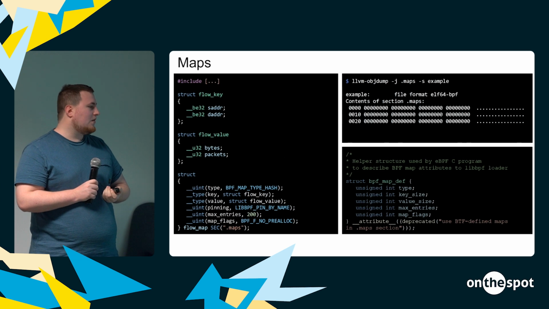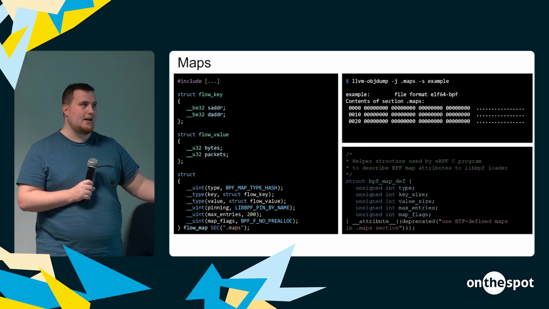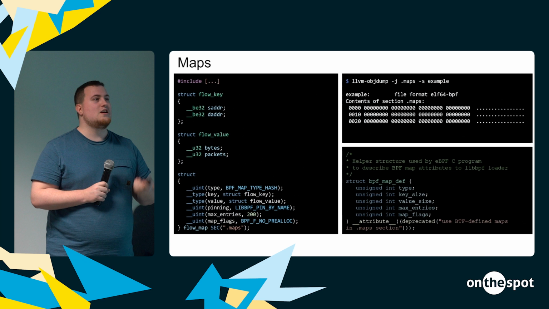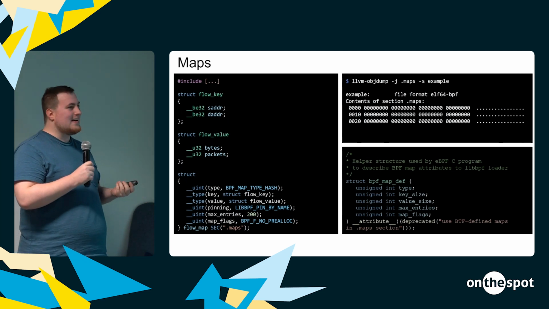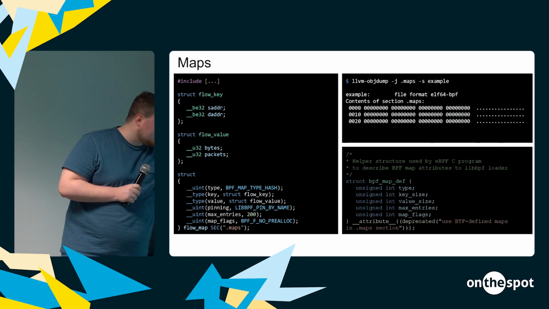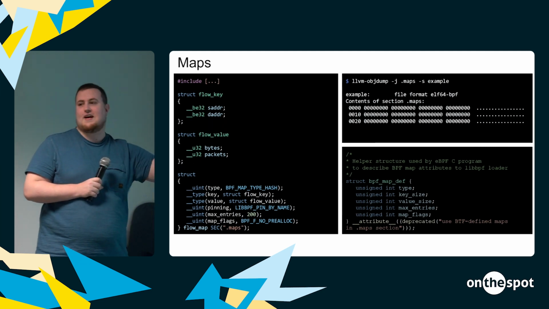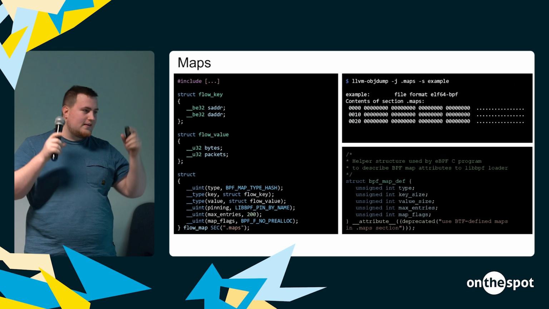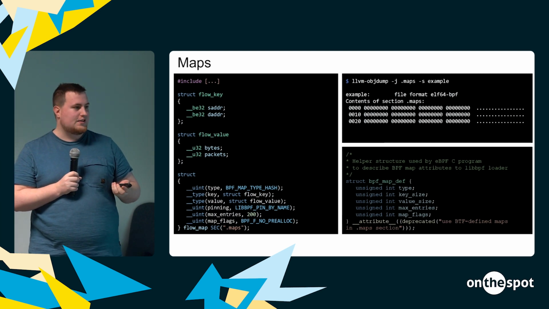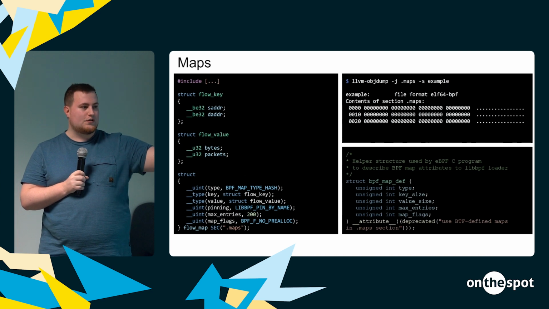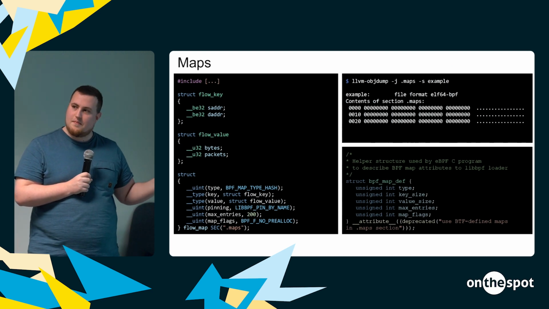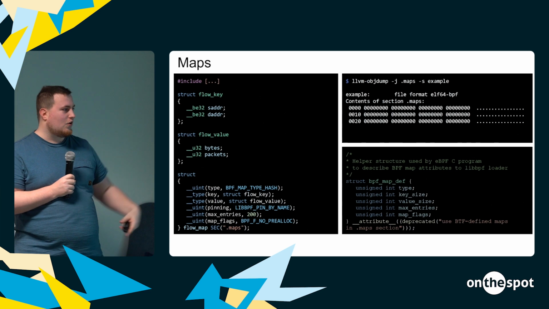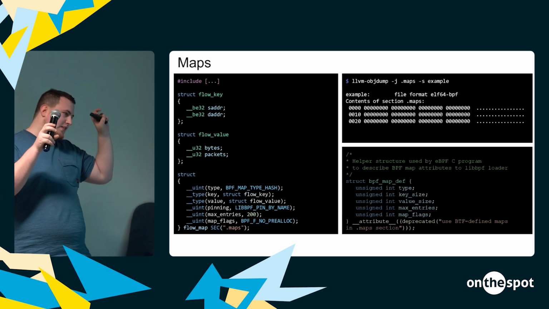So you would think, cool, that information must be in that section as well. And then you go look and it's 0. Why? Well, the reason, if you look at the struct, is that this is actually the definition of the type, but we never assign any values to it. So everything is 0. Now, in the olden days of the very early version of eBPF, maps actually used to have this very specific struct definition, and you actually did provide values of the maps, and they would go in the maps section, not the .maps section. But this is deprecated, long not used anymore, and now we do it this way,